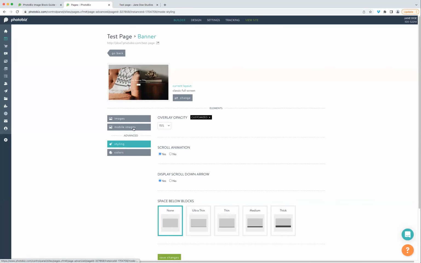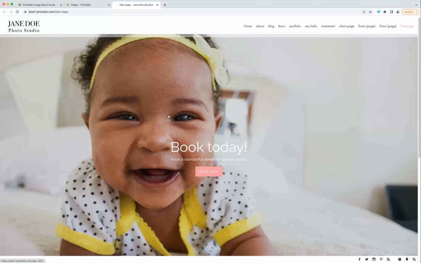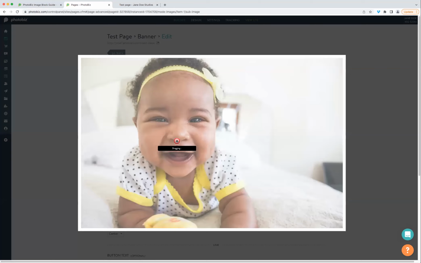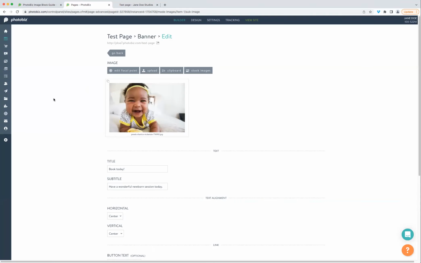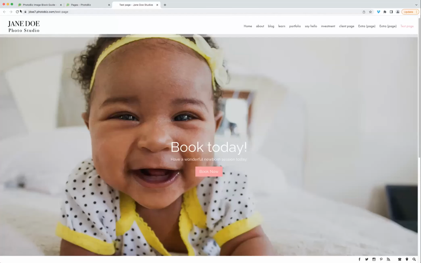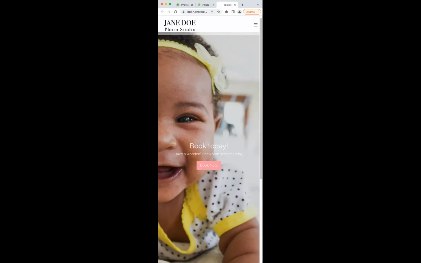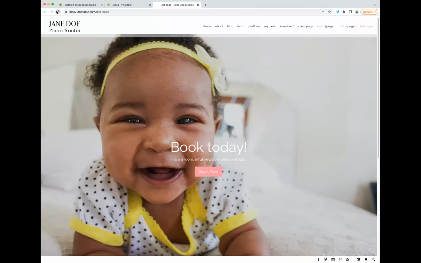But if you want to make even more of a mobile experience, like, hey, when I look at this on desktop, her face is being cropped off, you can modify that in two different ways. You can go directly to the image itself and modify the focal point. When you modify the focal point, it becomes more of the center point, especially for the image itself, but also for the mobile experience. So when you go to a mobile experience, it might go down to looking like this. And you can see that her face is being cropped off in certain ways. But if we refresh it,